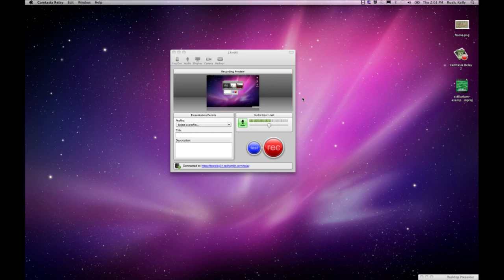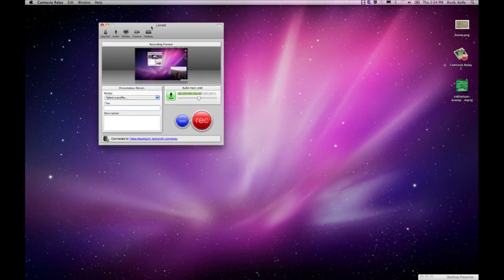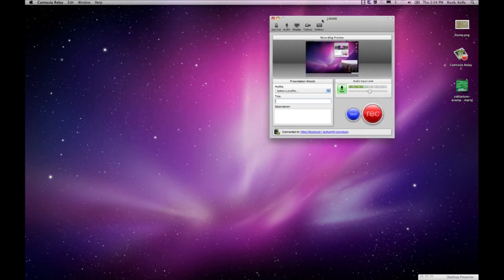Yeah. So if I just pick the built-in iSight, you'll see here your preview shows what you're going to see as a final product. So no matter what I move around, what I love about this is that recording preview really just shows me everything that's going to happen, and it updates live. Very cool. These are the profiles I would pick from, so I can do like Flash to screencast. This was all set up by our administrator here at TechSmith. Here I've got the automatic audio level, so if I start yelling really loud, you'll see that it turns down. I'm sorry, I just yelled really loud into your microphone, but Camtasia Relay didn't care because it automatically adjusted my audio,